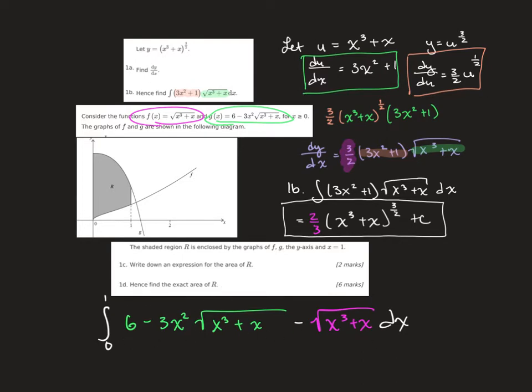Then it says, hence, find the exact area of R. Now, if you plug this into your calculator, I'm pretty sure you're going to end up getting a decimal. And so when they say exact area, they mean that you have to go through and do all of the work. So there's a reason this is all one problem. Pay really close attention. This does not look like 1b, but there's some similarities, right? We've got that square root of x cubed plus x in there, and we've got that 3, and then hey, I've got 2 of these, so I want you to pay attention to this section